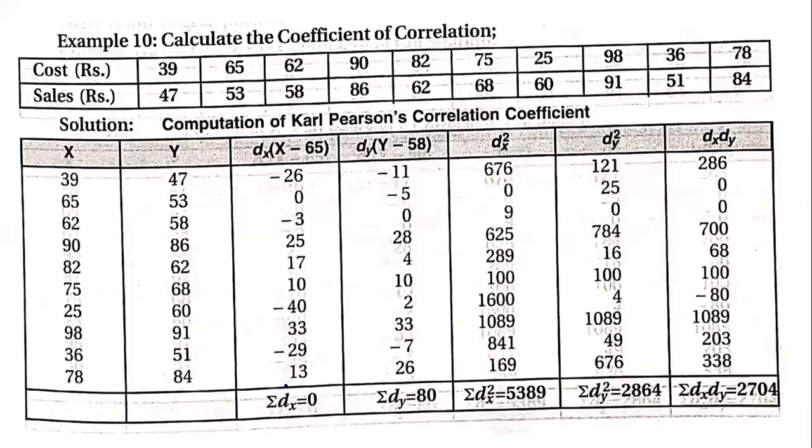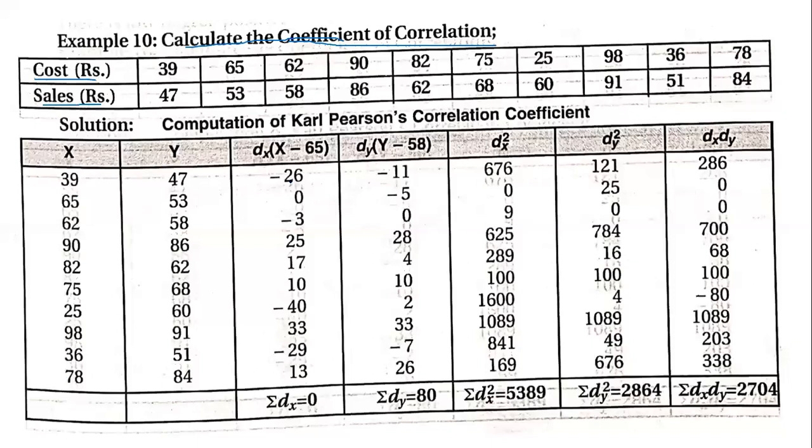Now this is also a similar problem like before. Here you have cost and sales. This problem I want you people to solve. I'll just explain the problem until interpretation, but the workings you have to do and let me know. Here also they're asking us to calculate the coefficient of correlation, and the cost and sales are given. So we have to find out how these two are interrelated by using correlation. The X and Y values are directly from the question.